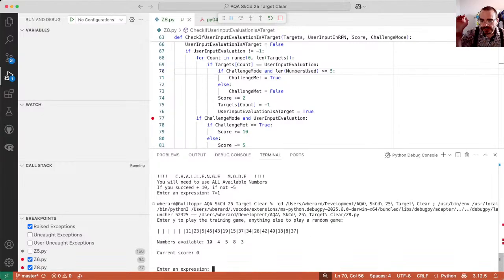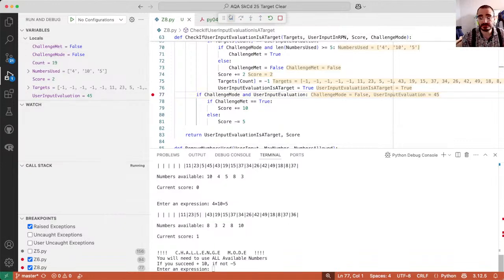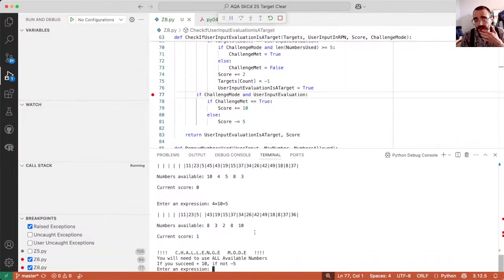Random game. 4 times 7 plus 4. Yeah. So challenge mode met full, challenge mode full. We're not in challenge mode. All right, now we are. Let's try one that breaks. I mean, at least let's match something. Well, if we don't match anything, if we match something,